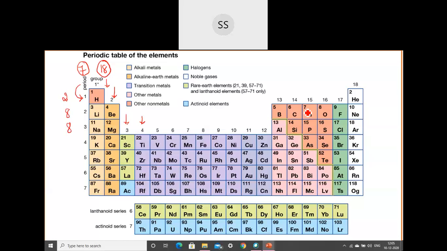You can check that in the first period there are only 2 elements. The second period has 8 elements, and the third also has 8 elements. This follows the Aufbau principle from the structure of atom, where you fill the electrons according to the increasing order of their energy level. The first shell to be filled is 1s2, since the s orbital can have a maximum of only 2 electrons. So the possible elements are hydrogen and helium. Helium fills up the electrons in the s orbital.